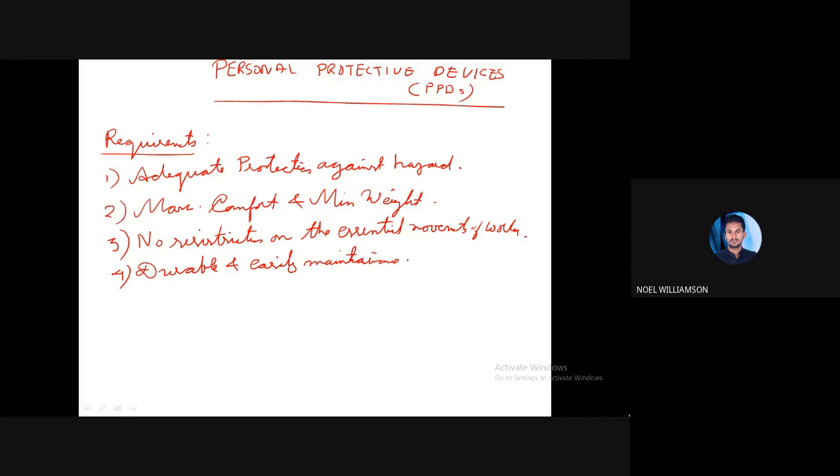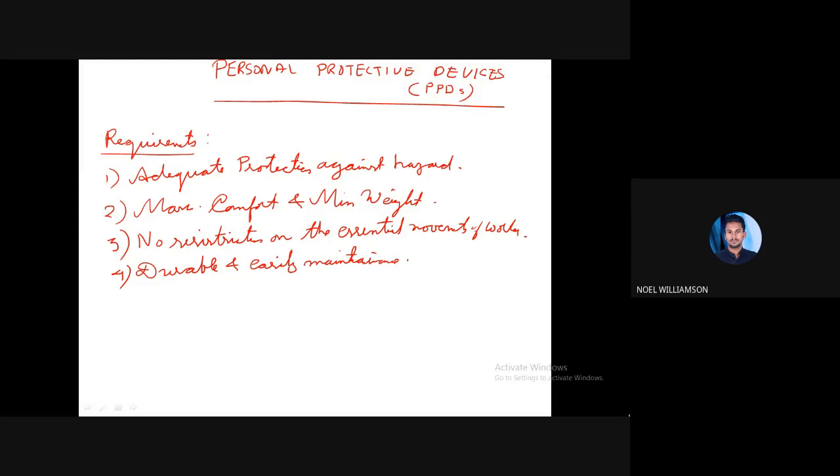There is adequate protection against any hazard. Then it should deliver the protection with maximum comfort and minimum weight. And you have seen there should not be any restriction on the essential movement of the worker. And finally, it should be durable and easily maintainable.